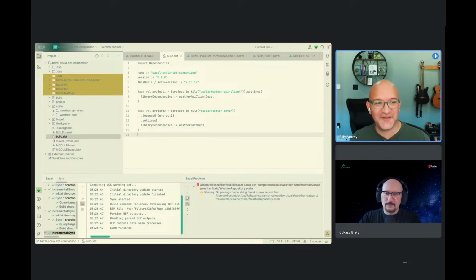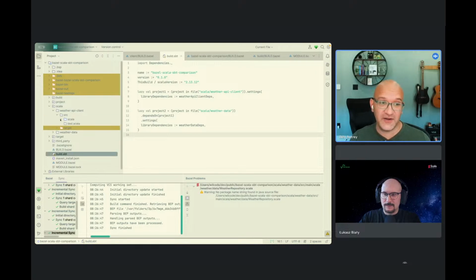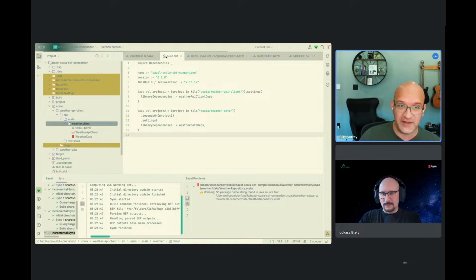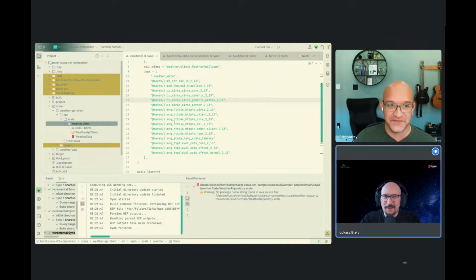Obviously, since this is SBT and Bazel, I've got my source, but it's hidden here because of reasons. It's src/main/scala here, right? There's src/main/scala/weather/client, which is the name of this directory tree. Weather.client is obviously my Scala package. And I've actually imported this using Bazel. There's a little Bazel button here because I didn't import this SBT file for IntelliJ to use. I just imported the Bazel project. Okay, so at least you're not cheating here.